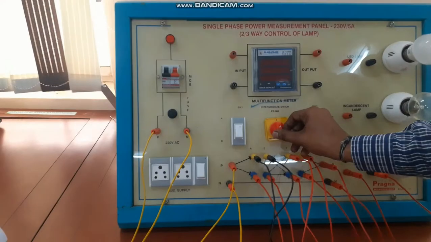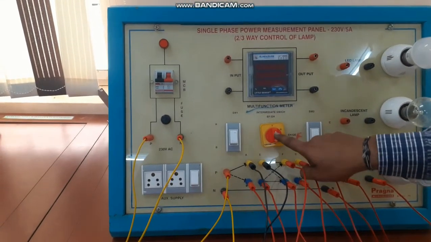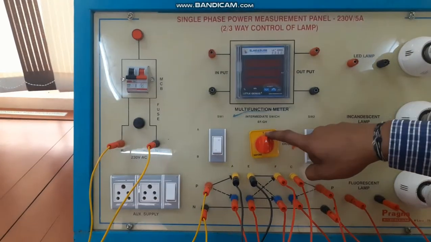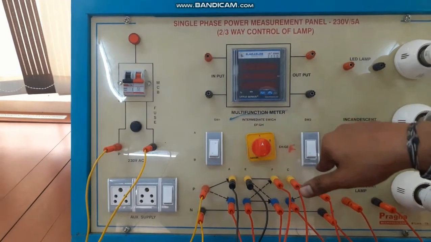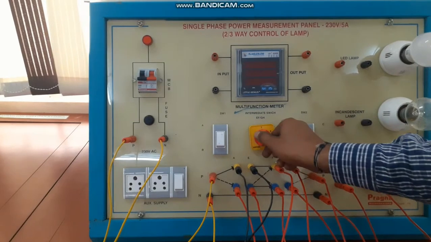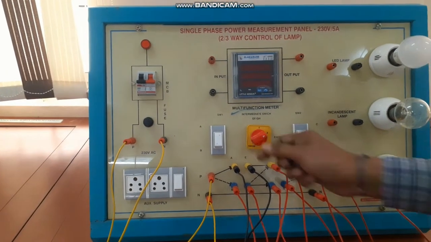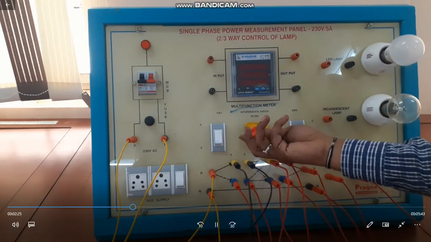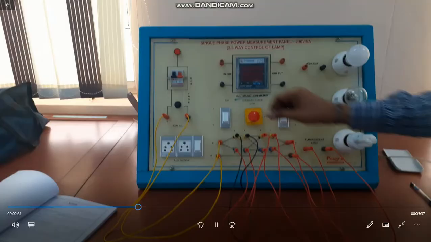Now there is a switch here. This switch position is shown to terminal 1. That means this is the two-way control of a lamp where we are discussing the straight connection manner. If you turn this switch to the second position, it is nothing but a cross connection. So initially we are doing that here.